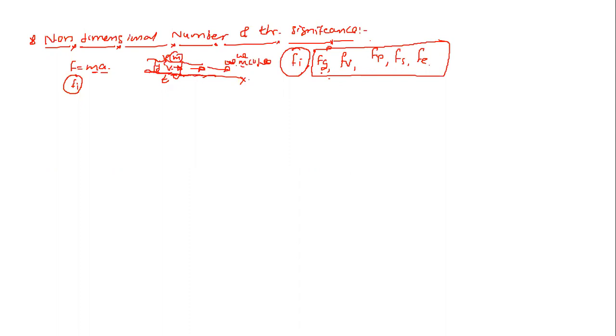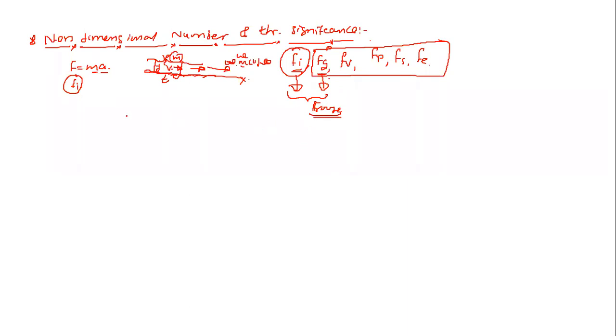Suppose that there exists a gravity force as a dominating force along with the inertia force, means the inertia force and the gravity force here we are considering as a dominating force. Then by considering the inertia force and the gravity force, the Froude has established a non-dimensional number. The great scientist, the Froude, has established a non-dimensional number.